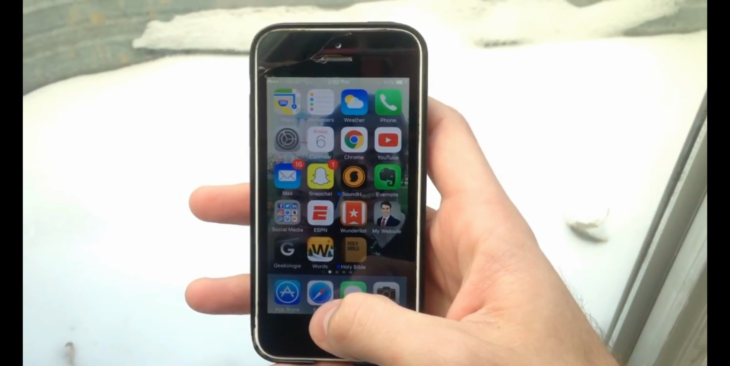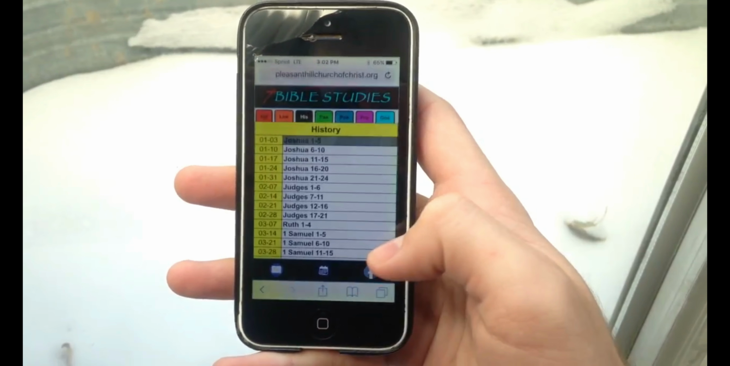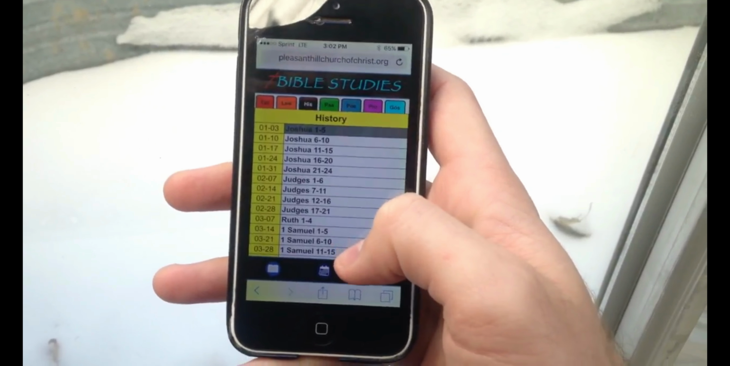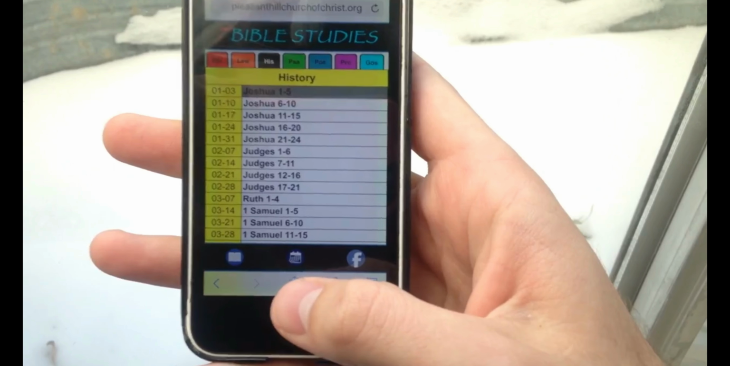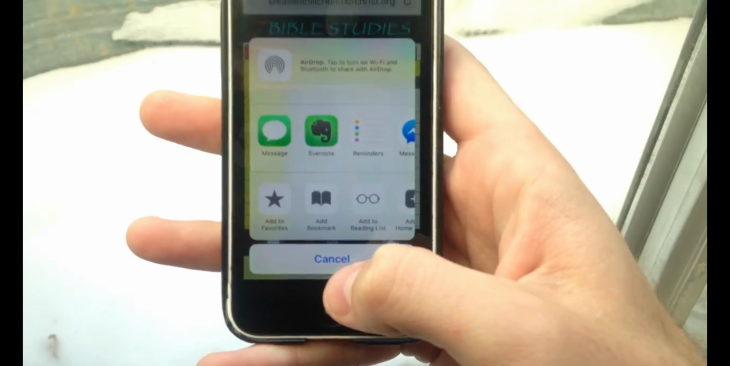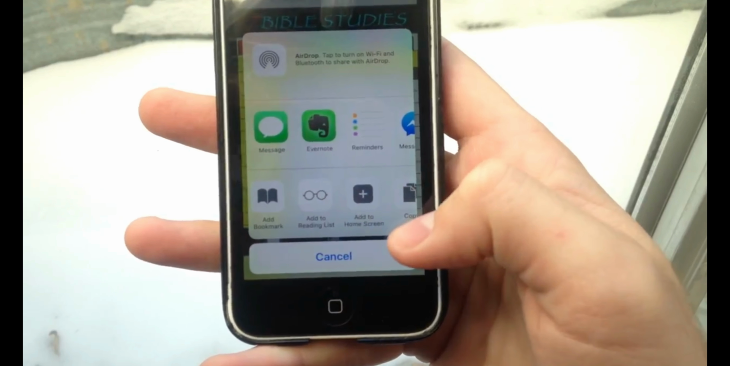So for iPhones, what you're going to do is go to the Safari browser app. Every iPhone has the app, so it should work for you. This is a website you're obviously not going to find on the App Store, so I'm going to click this box with the up arrow. For iPads, this box is on the top right. Scroll over and click the Add to Home Screen button,